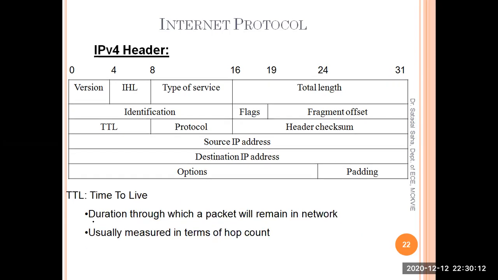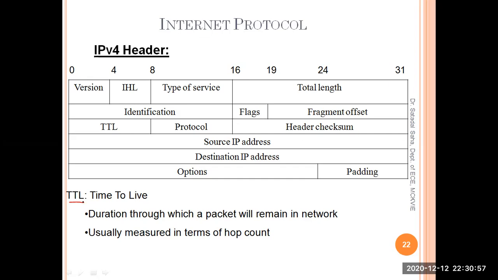TTL is the time to live. That means if a packet is discharged in the network to reach a particular destination, it is not allowed to travel through the network indefinitely. It may happen that the destination is unreachable, or the network in that part is down, or the host itself is down, so that the packet is not deliverable to the destination. Still it will search for different paths to reach the destination. In that case, there will be a huge loss of network resources, because ultimately it will not be delivered, but the packet will be unnecessarily traveling here and there to reach the destination.